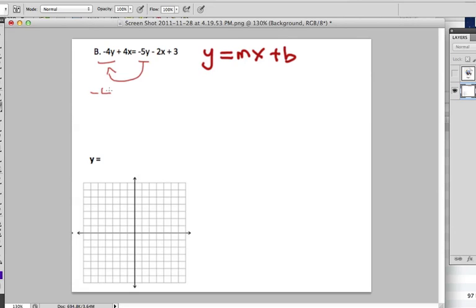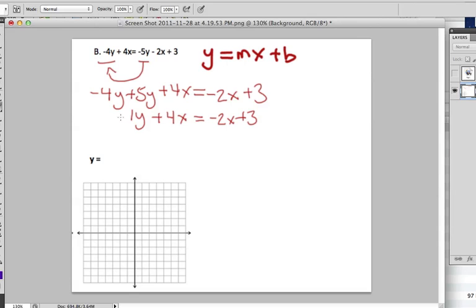So if I rewrite this, I get -4y plus 5y, and I write everything else the same. On the other side, I'm going to be left with -2x and +3. When you simplify it, you're going to be left with 1y plus 4x equals -2x plus 3. Now remember, you want to get the y by itself. So this 4x term, bring it to the other side. So if I write it,